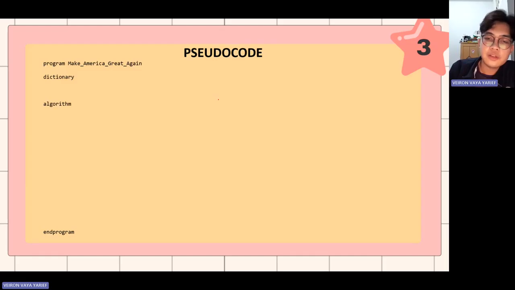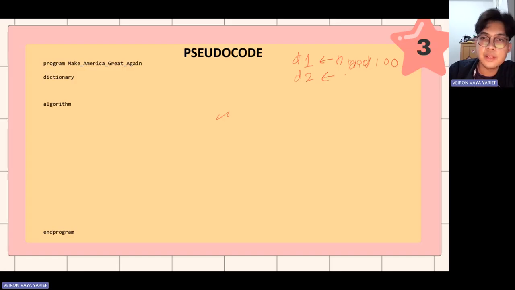So we cannot make it like the first digit. Let me write this here. First digit is equal to n mod n div 100. Okay, this is not right.